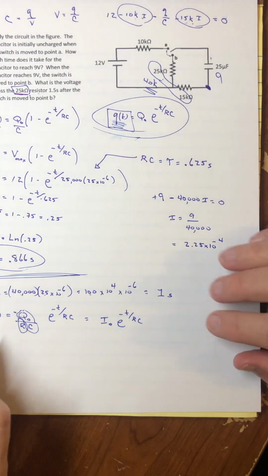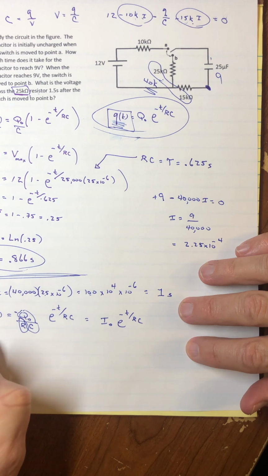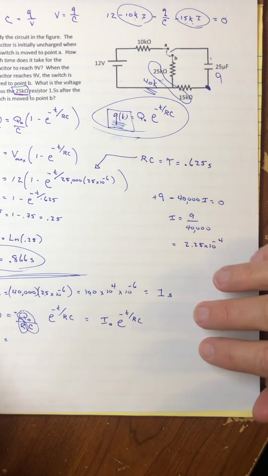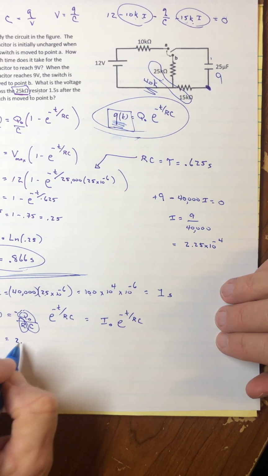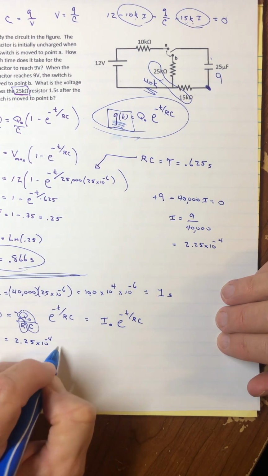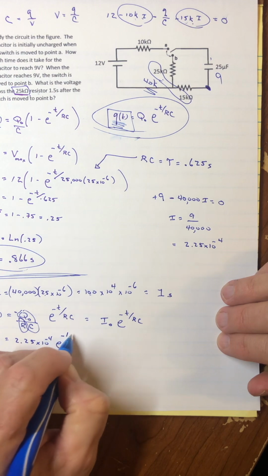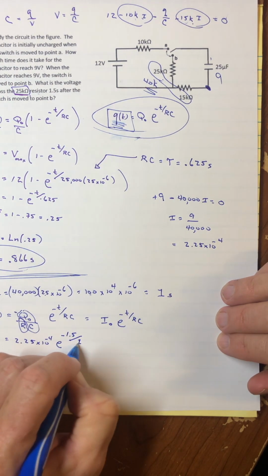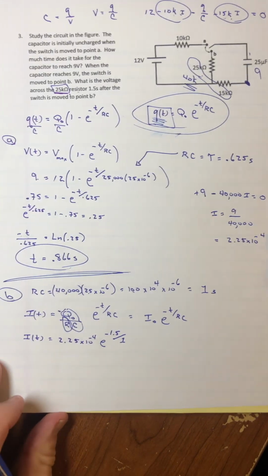And that's what I'll put in here. And so the current is 2.25 times 10 to the minus 4 e to the minus. And it says what's the current